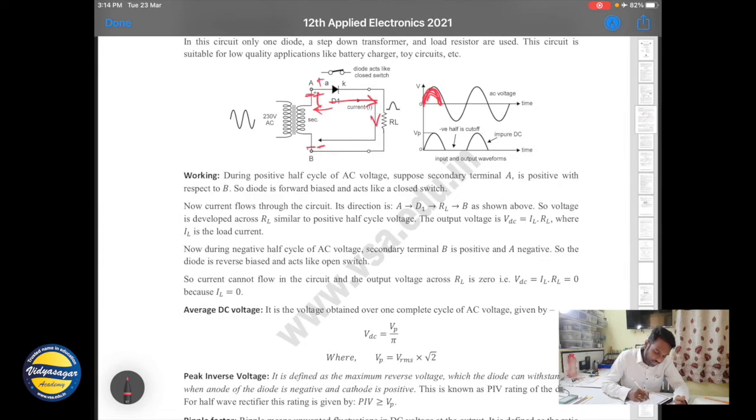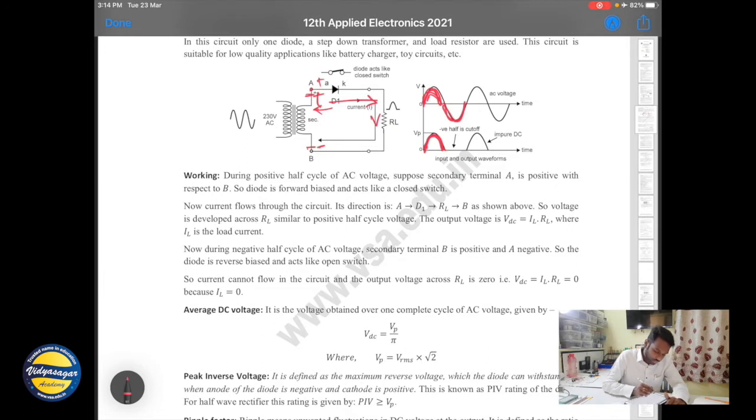Therefore across R1 we will get this first positive pulse. The path the current will follow is A, D1, RL, back to B, and again A. So this is how we will get the first positive pulse. Now during the first negative half cycle, that is this half cycle,